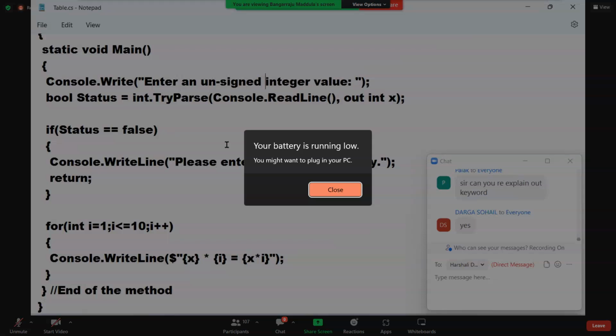integer value. But if I show this message, is there a guarantee the user will enter an unsigned value? I'll show this message here, but even though I show the message, is there any guarantee the user is going to enter an unsigned value? No. Why will the user follow? Are you clear? So to control this, I'm using